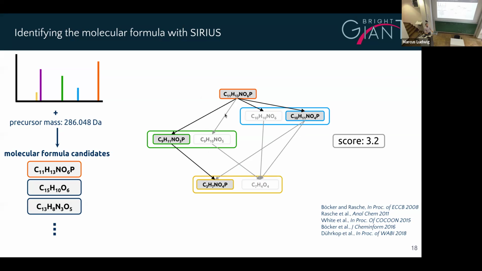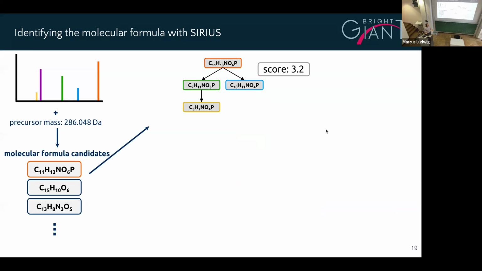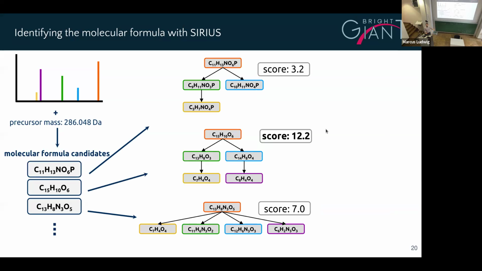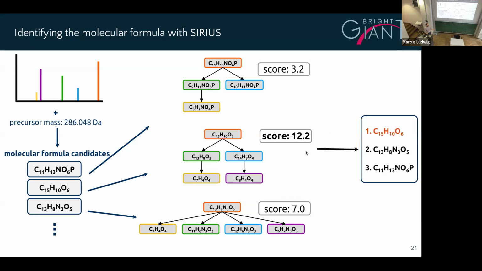And so this is now our fragmentation tree, and this gets a score. We do this for each of the precursor molecular formula candidates. Each of these fragmentation trees has a score, so we can just rank them. The highest scoring fragmentation tree also corresponds to the most likely molecular formula explanation. So in this way, we annotate the molecular formula, but